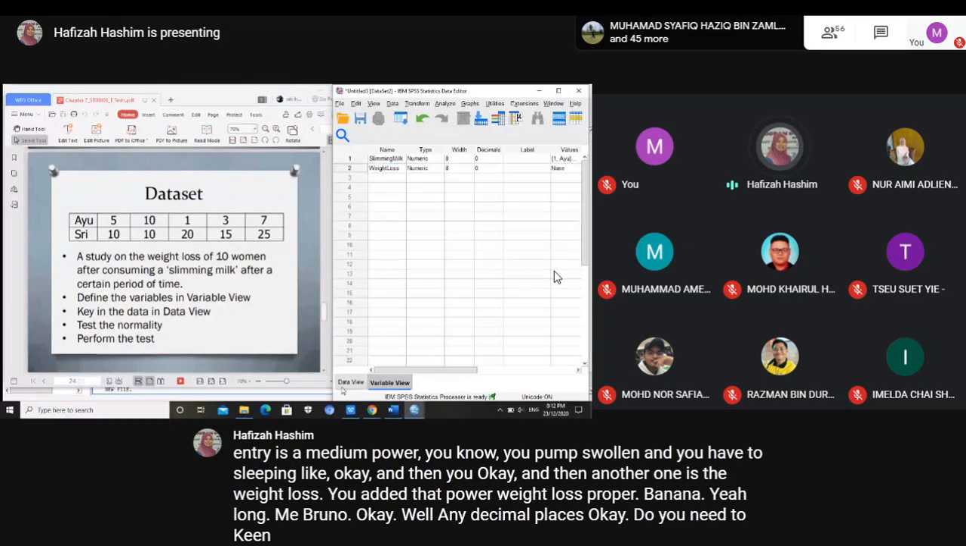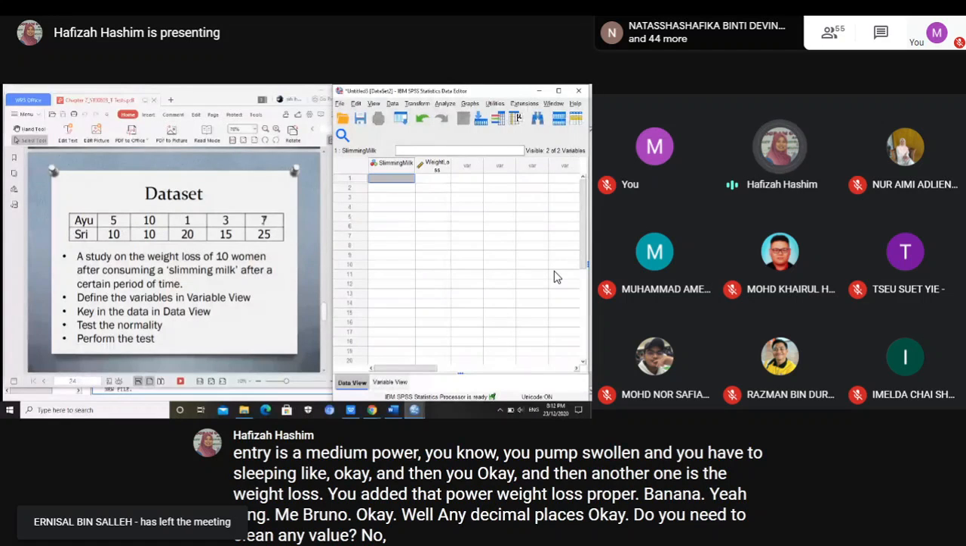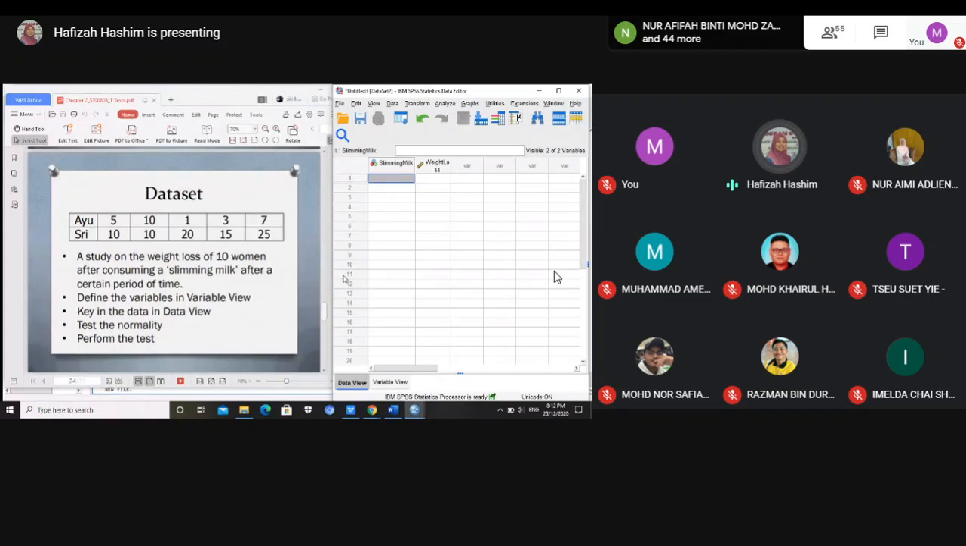Pandai sudah. Okay, good. Now, key in the data. Okay, now. You dah cakap tadi data key in ada berapa orang Ayu? 1, 2, 3, 4, 5 kan? So, you key in satu-satu dulu. Satu. Group yang kedua adalah Seri. Okay, ingat SPSS tidak membaca apa ini group